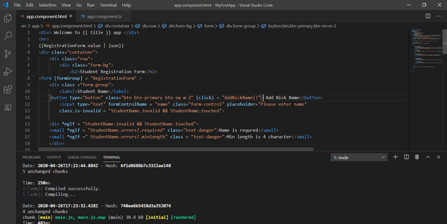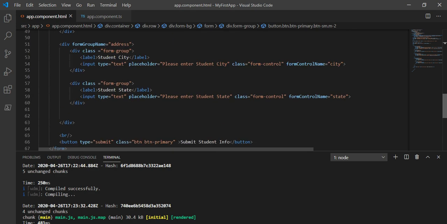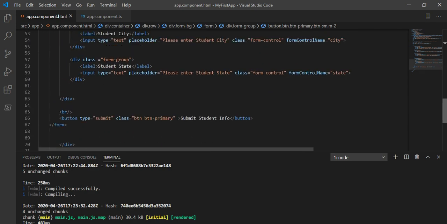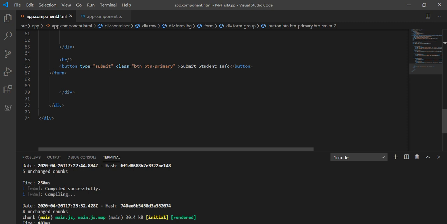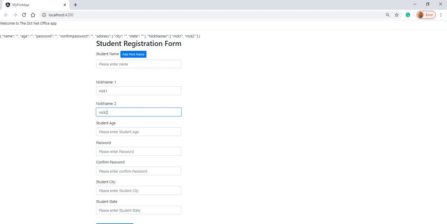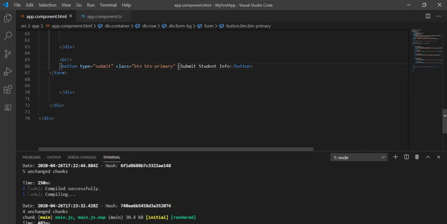Now I will submit the information on the browser. For the button, the submit student information, I will write one function.